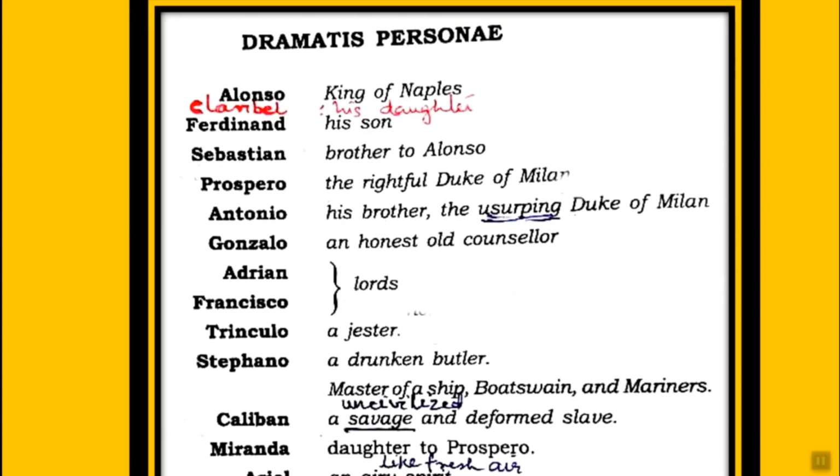Next is Adrian and Francisco, who are the lords. Next, Trinculo, who is a jester or a clown. Stefano, a drunken butler. Then master of the ship, bosun, and mariners. Now all these people are there on the ship. Apart from that, the other characters are